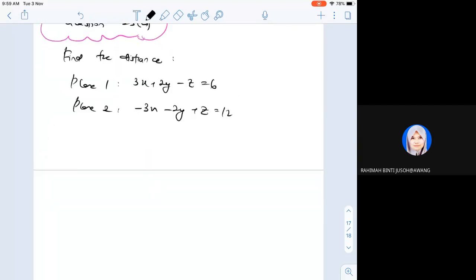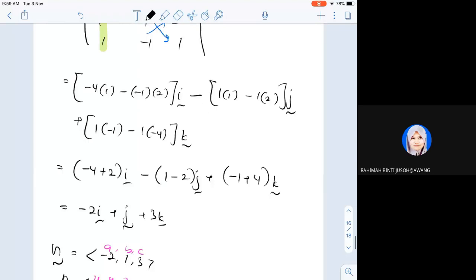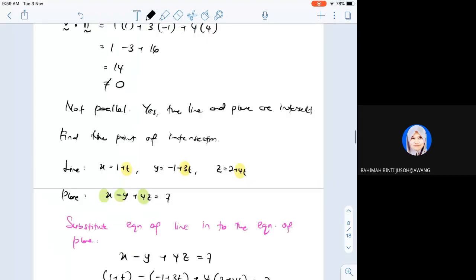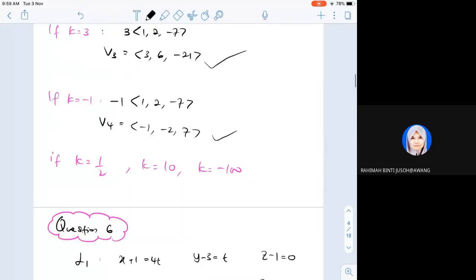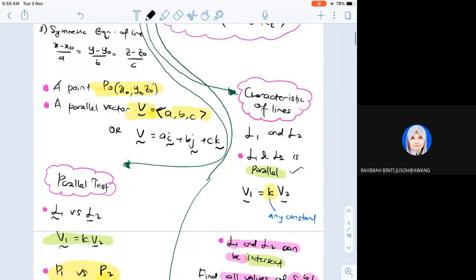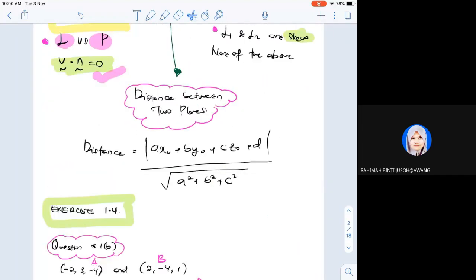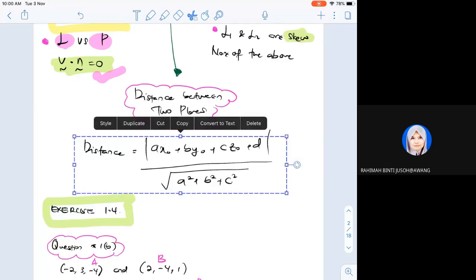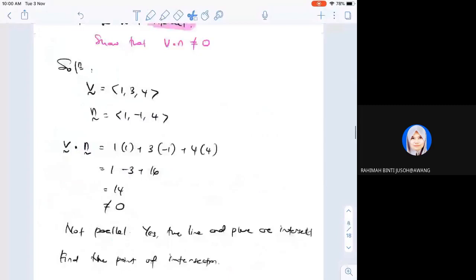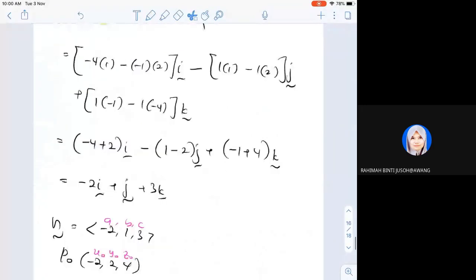Okay guys, distance, formula dia tadi yang ni kan. Saya tengok balik nota kita tadi, saya dah buat tadi, mana? Ni. Find the distance. This is the formula. Copy. So in order to find the distance,